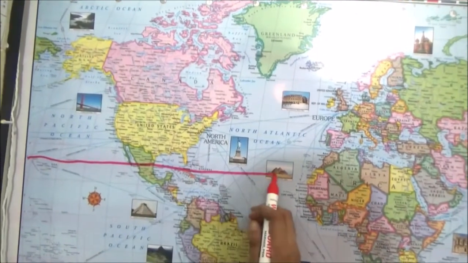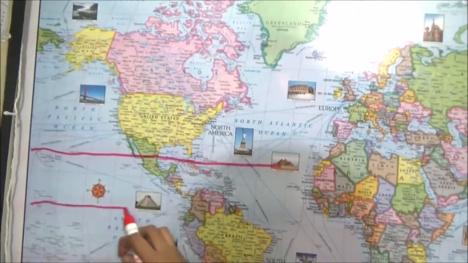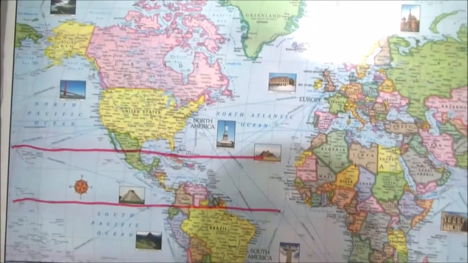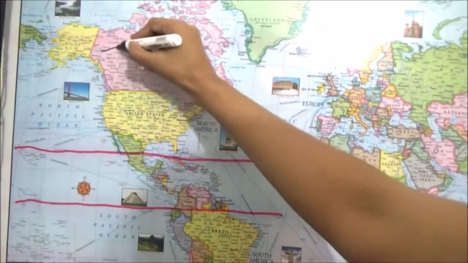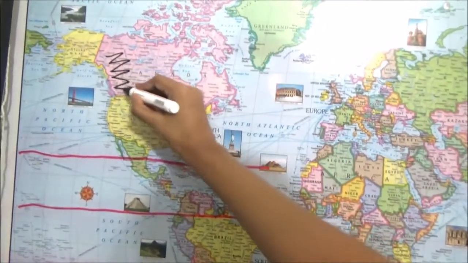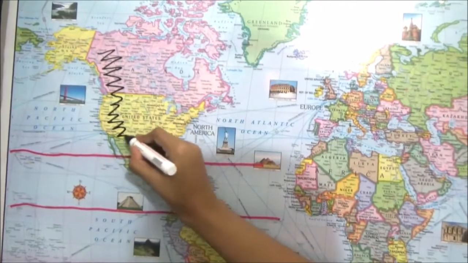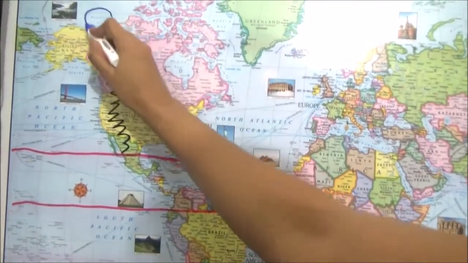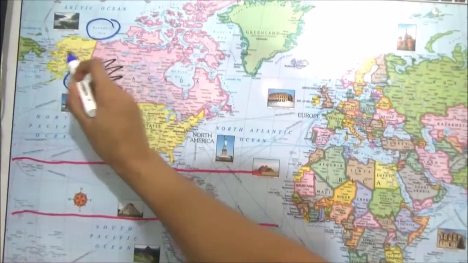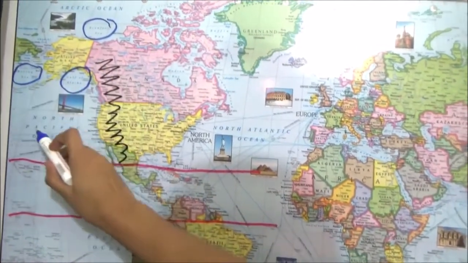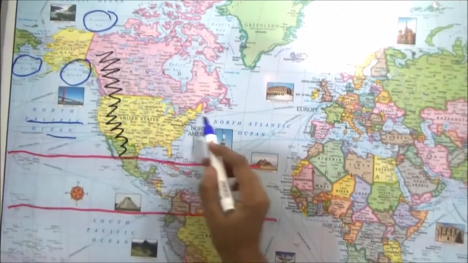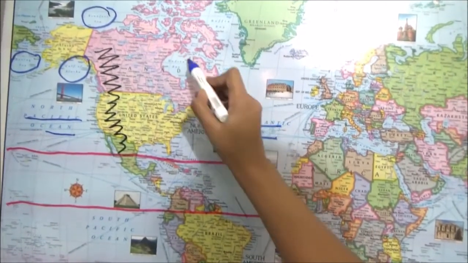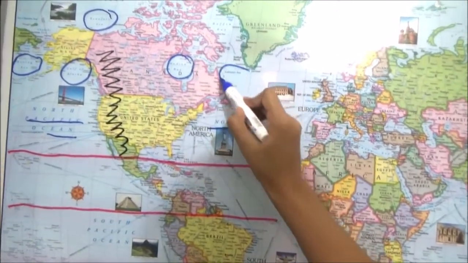But apart from practicing the whole world, we can also practice the small portions. For example, what I'm doing here is I'm practicing the physical features present in North America. Here I'm drawing the Rocky Mountains, so it's just a representative thing. So this exercise helps me to remember which physical features are present over there, and I'm also highlighting which important seas are there and which oceans it surrounds.